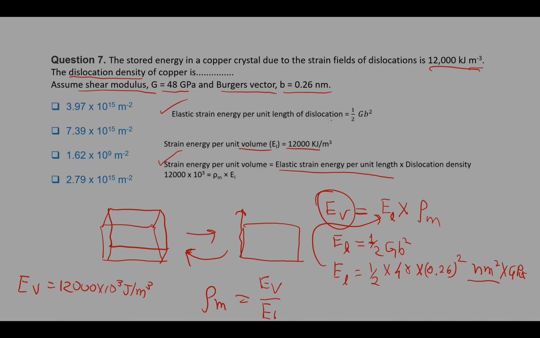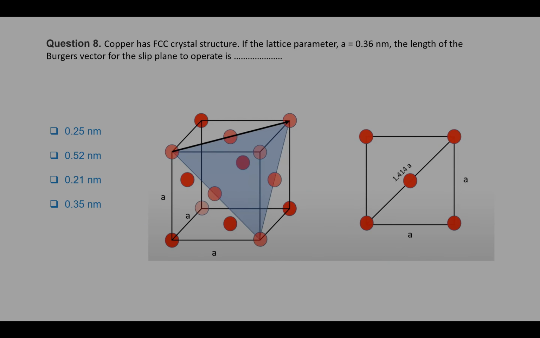So that's how we can calculate this dislocation density. That will be around 7.39 into 10 to the power 15 meter per meter square. So question number 8 is